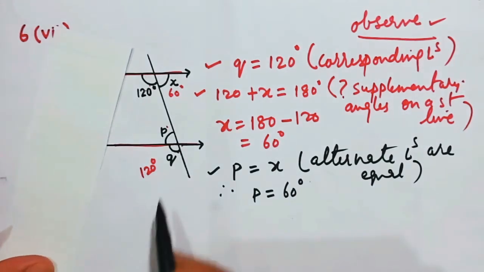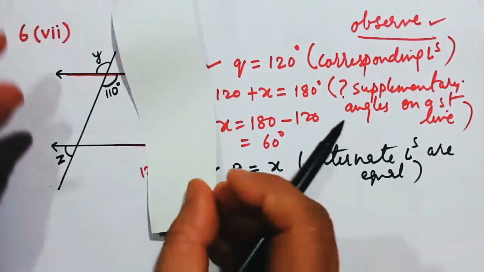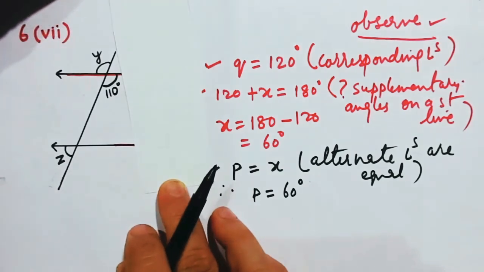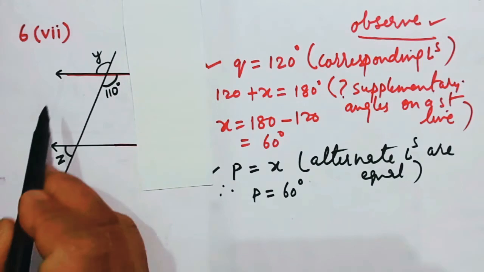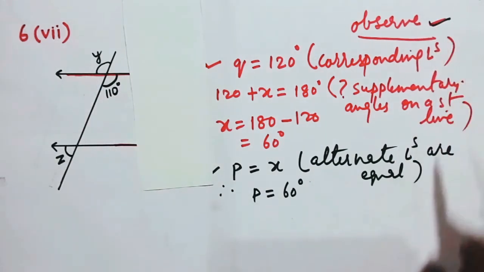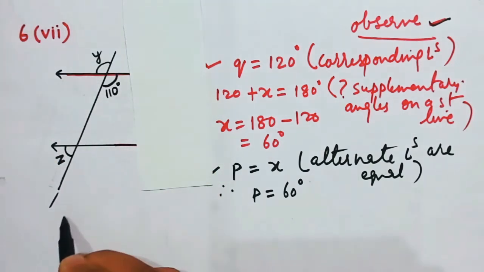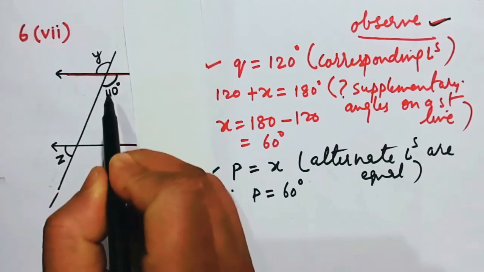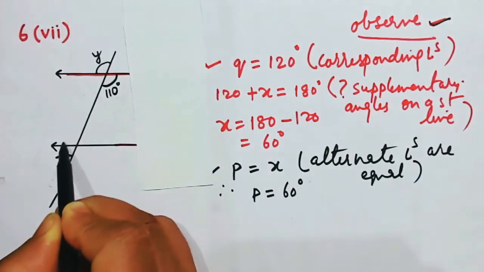Now, after I have done this, why not hide this portion? Okay, because I don't like this. Have a look here. These two are parallel lines. As I said, start observing. These two are parallel and this is the transversal. Therefore, we can say that the value of this 110 will be equal to this one because they are alternate.